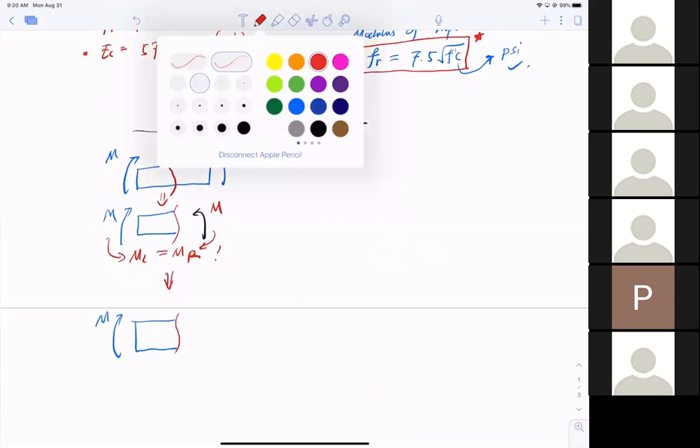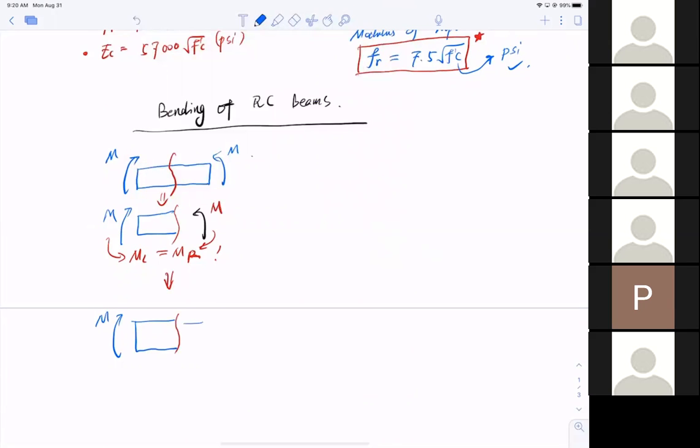But instead, let me draw it out in terms of internal forces. I need to have compression, I need to have tension force. And of course, there's going to be a lever arm in between them. So if I say the compression, it has to come from something, right? One thing I keep saying: concrete is good for compression, steel is good for tension. So the compression should come from